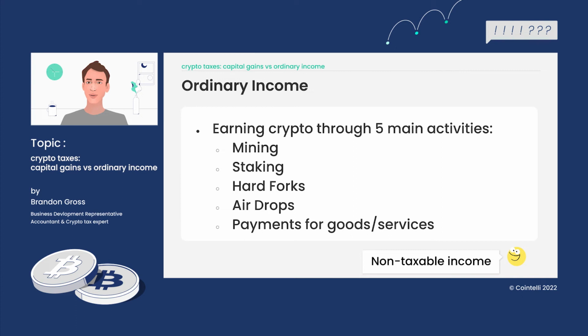A hard fork is essentially when the coding changes in the blockchain, which ends up creating an entirely new currency, and the old currency cannot fit on that new blockchain. So when you do a hard fork, you're giving up some of your current coin in order to get the new coin, and that's a taxable event. If I'm wrong, please correct me, some of my experts in here. But that's the hard fork.